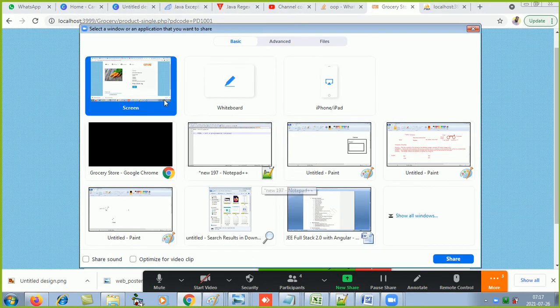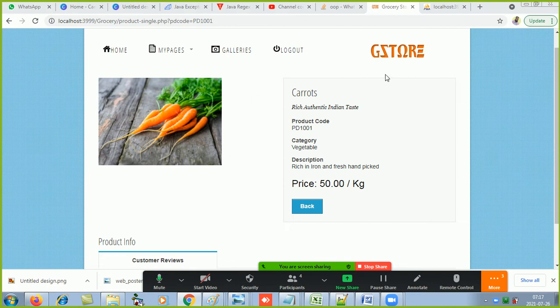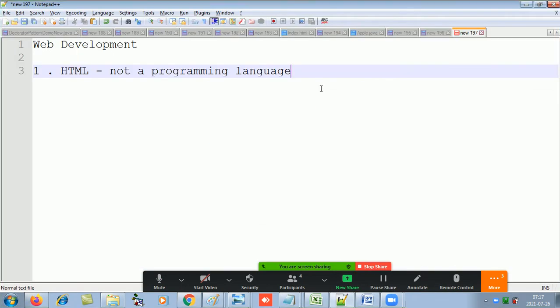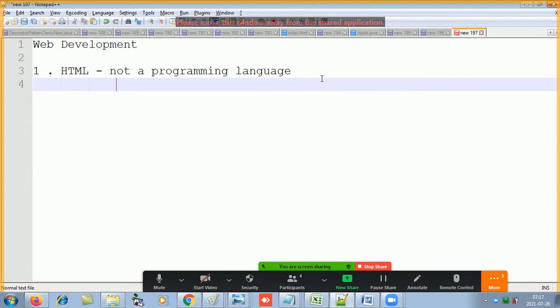So how the client sees the website on his or her laptop or mobile, the presentation part is taken care of by HTML, just the presentation part, nothing else. So HTML takes care of the presentation part of the website.